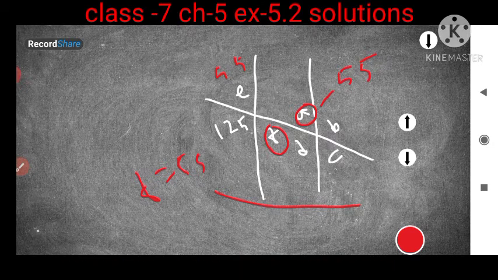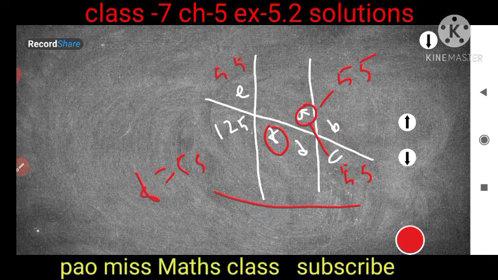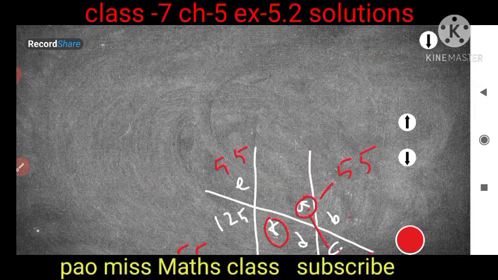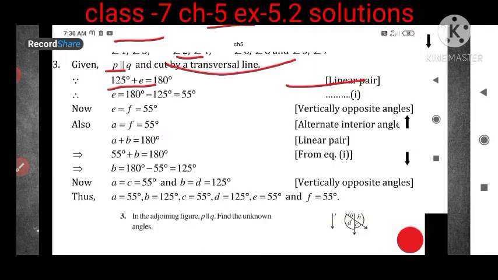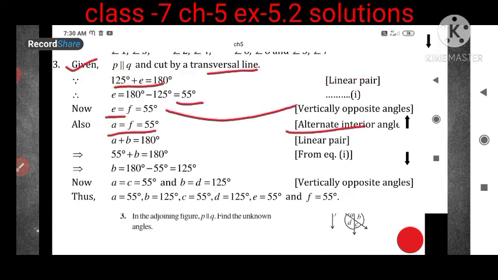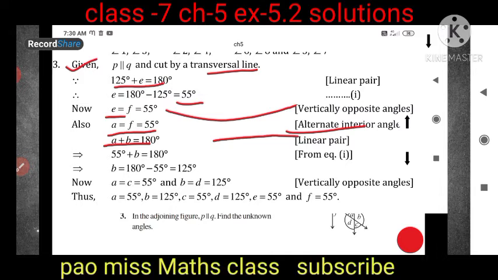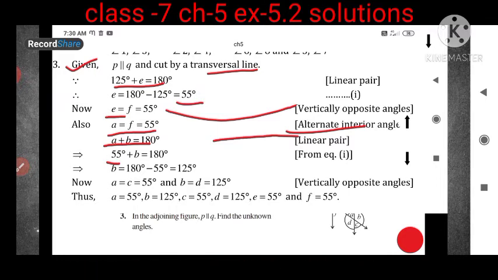Now if A is equal to 55 degrees, then C is also equal to 55 degrees. Why? Again they are alternate angles, isn't it? Now again angle B plus angle C is forming linear pair. So in this way you will find. So A plus B is again 180 degrees. Why? Linear pair, isn't it? So because we got A is equal to F, F is equal to 55 degrees. Now if A is equal to 55, then in place of A you are putting 55 plus B. Then B is equal to how much? 180 minus 55 is equal to 125 degrees.